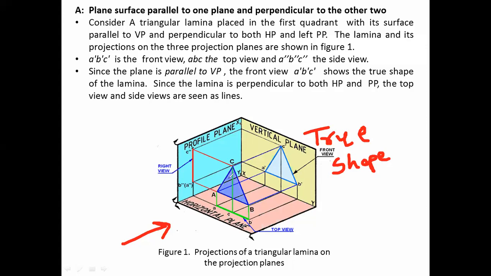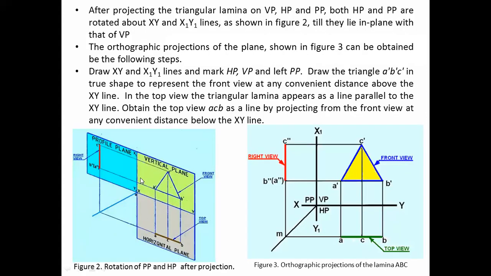Now the other two planes it is perpendicular to. So if we see from here, what are we able to see from this direction? Straight line, only a straight line. If we see from top, then what will we be able to see? Again, a straight line. Understand? That is what we have already discussed. These are the projections: the front view, then the top view at the bottom, and the right view on the left side. So which projection method is this? First angle. Very good.